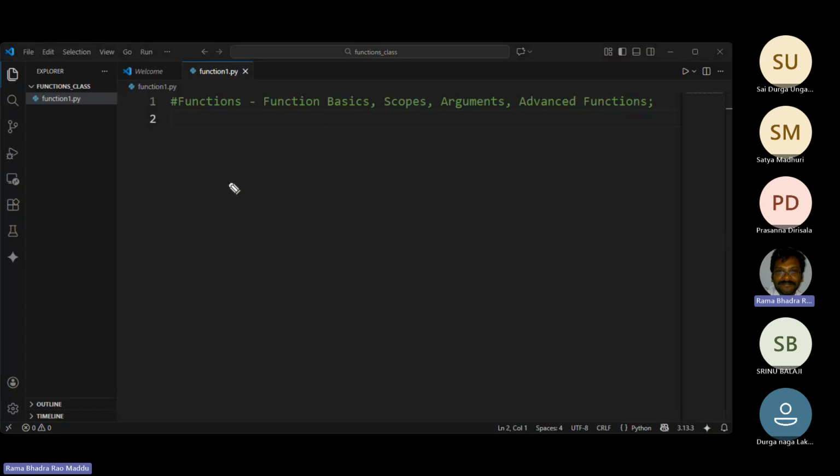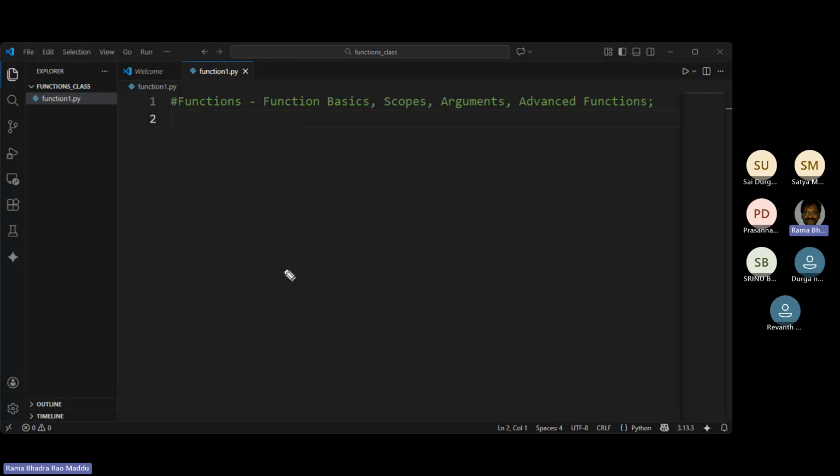For example, assume this is 1,000 lines of code, then it's very difficult to understand. So we can make it a small piece of code, and another piece, and another piece. Like this, we can make smaller pieces of code. Then it is very easy to understand, and if an error comes in this part, we can easily debug this part of the code and rectify the problem. This is the main intention of the function.